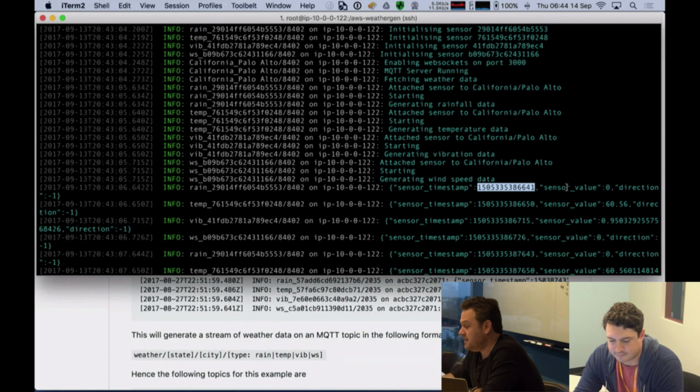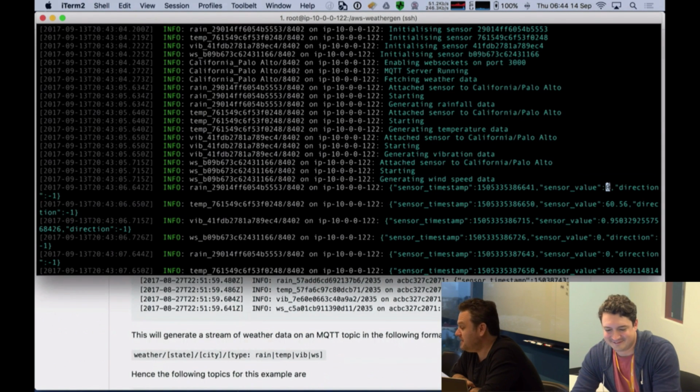We generate a sensor value, so in this case, this time yesterday in Palo Alto, surprise, surprise, beautiful California, no rain, unlike beautiful Melbourne, where it was quite rainy yesterday, and also a direction. When we supply a -1 on direction, it just means that it's not a vector value, so you can ignore it.